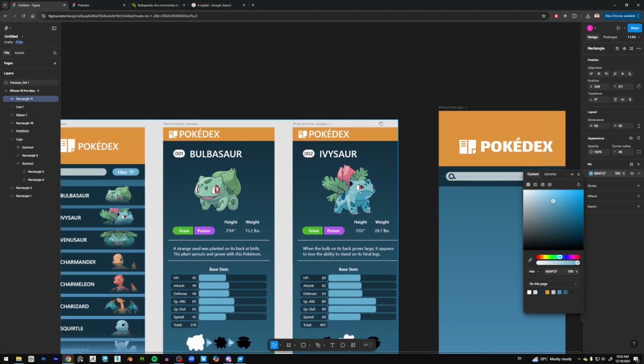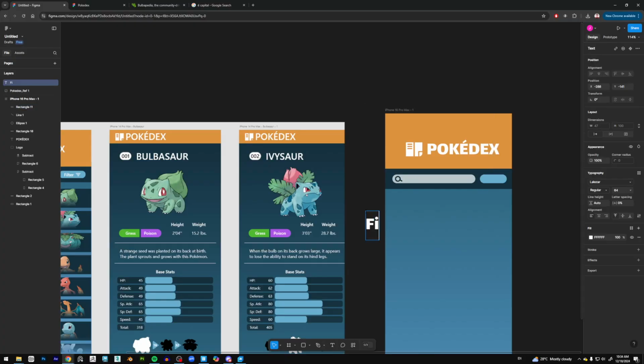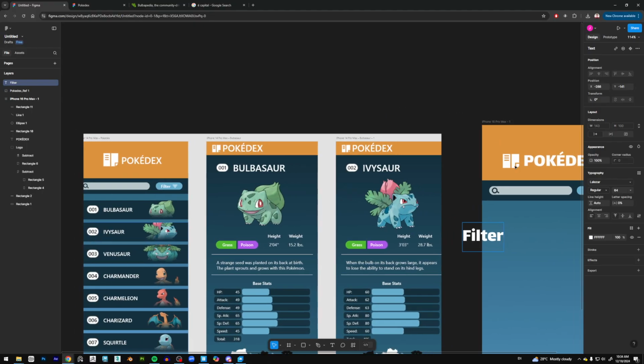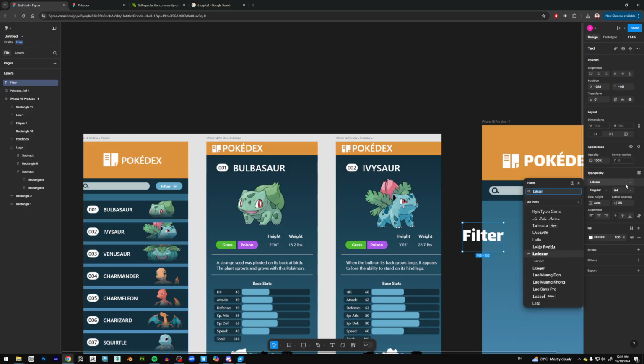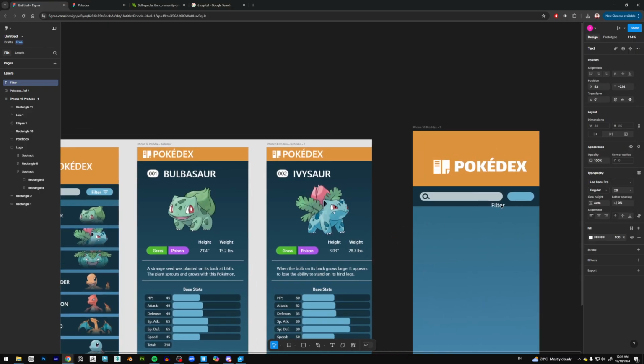Okay, and then let me create the filter text, and for this, let's just go with a more standard font. Maybe this Lao Sans Pro is fine. So let me reduce the size of this to 20 maybe. Let's move this in. Still looks a bit big, so